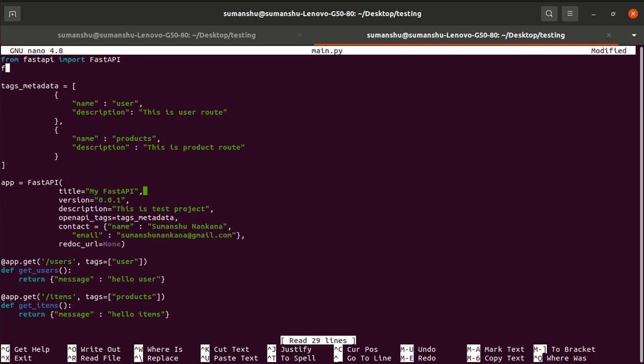Now we have to import the configuration file. From config, we will import the settings object, right?